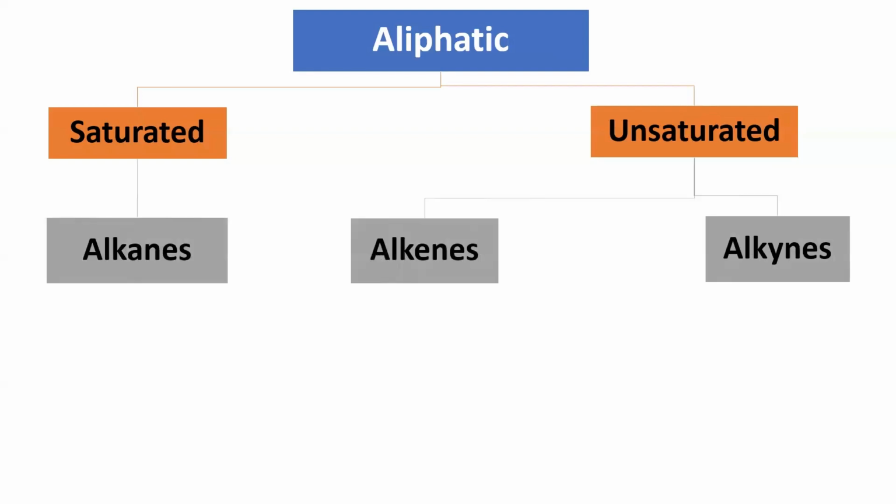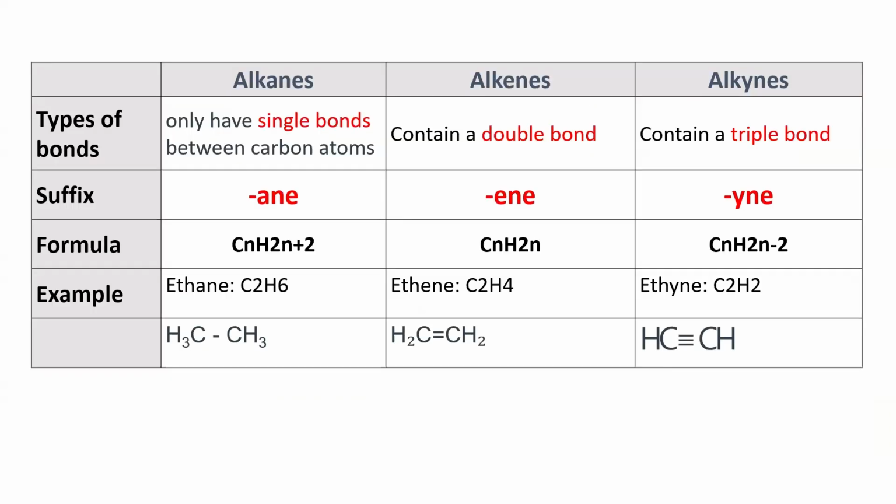The saturated hydrocarbons are called alkanes, while the unsaturated, if they have a double bond, they are called alkenes. If they have a triple bond, they are called alkynes. This is a basic comparison between the 3 types of aliphatic hydrocarbons. Alkane will have a suffix of -ane. Alkene will have a suffix of -ene. Alkyne will have a suffix of -yne. For example,